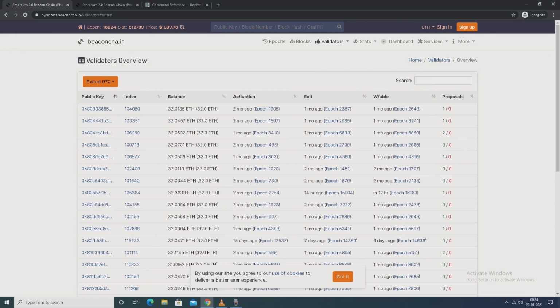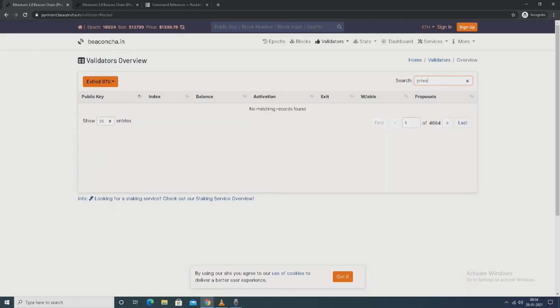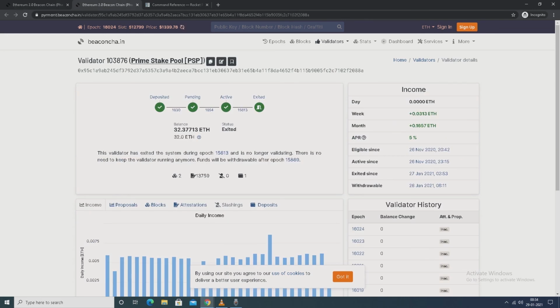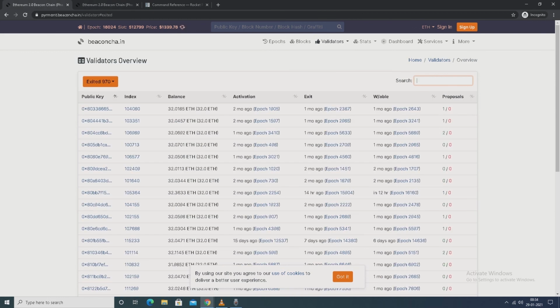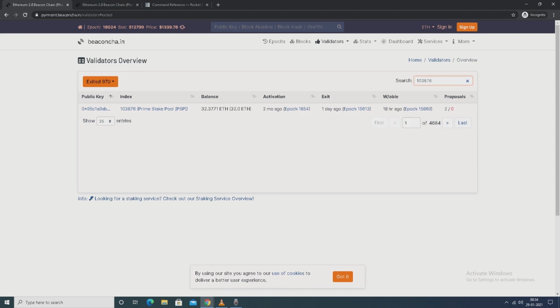Nothing is showing up. PSP, nothing. So we will put the index number of that validator over here. Index number is 103876. Let's put it and see. You can see over here this validator is withdrawable since 18 hours ago after epoch 15869.